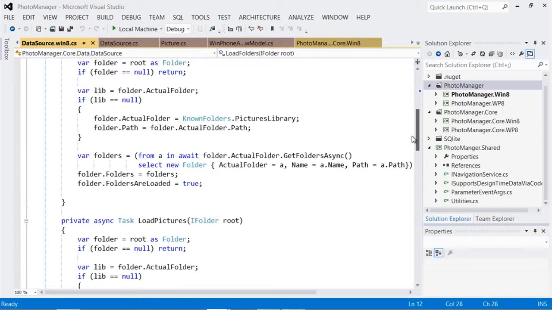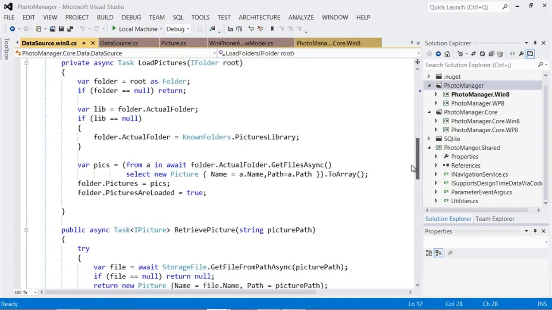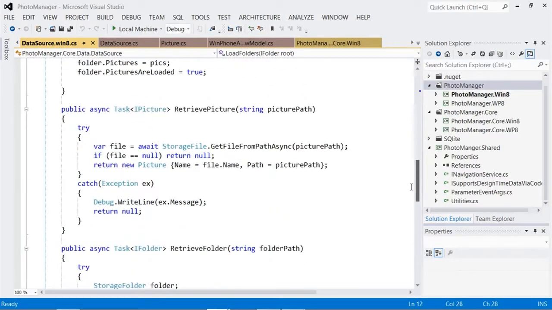For whatever reason, it's loading that specifically for Windows 8. And so as a result, that Windows 8 specific stuff is isolated into a Windows 8 specific file. And as a result, I can use the datasource.cs across both Windows 8 and Windows Phone. And then if I look, well, I don't have it up right now, but if I look, you would see